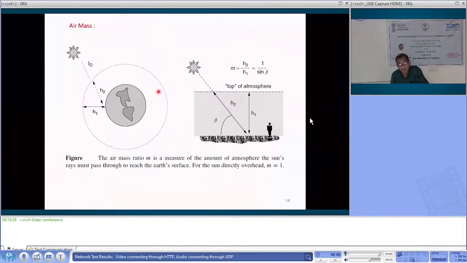Okay, and you know that in winter the sun rises late. Sunrise will be at 6:45. Okay, the locus of the sun has to be tracked, because all the time you want the sun rays to be perpendicular to your panel. Your panel is fixed. Generally it is fixed equal to the latitude angle,